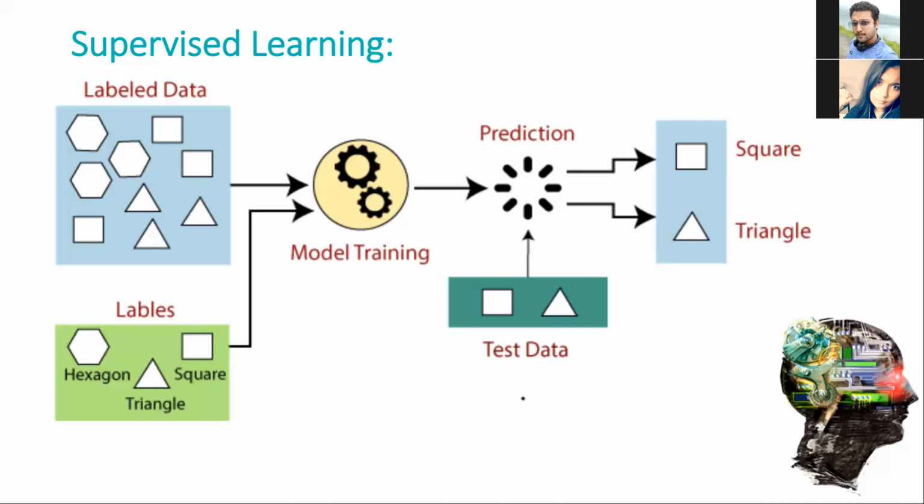Now, after training, we test our model using the test set, and the task of the model is to identify the shape. The machine is already trained on all types of shapes, and when it finds a new shape, it classifies the shape on the basis of a number of sides and then predicts the output. So, the basic steps involved in supervised learning can be said to be